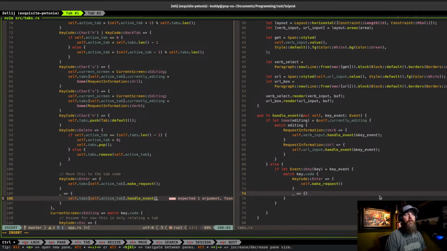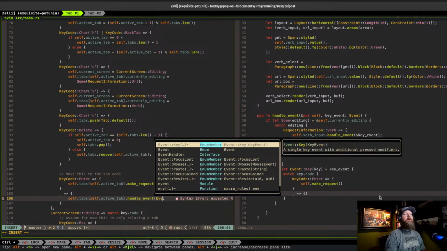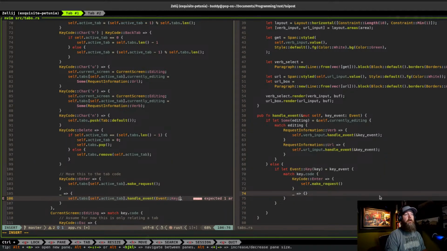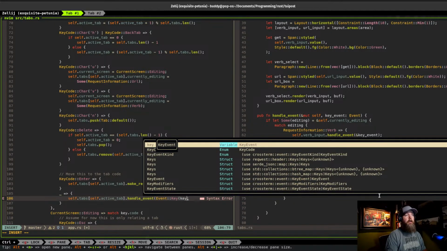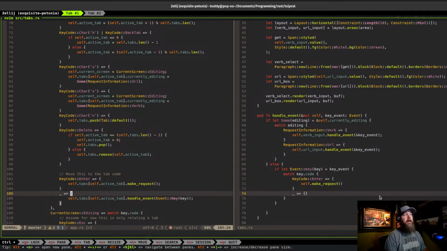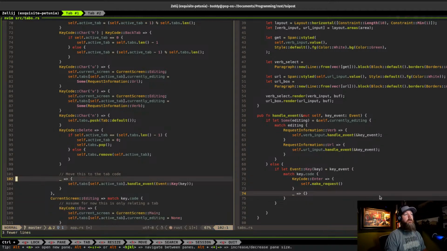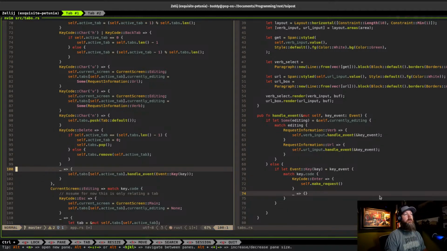We want to do the rewrap event key pass. So that way we have the option to handle other events. So now we can handle an event